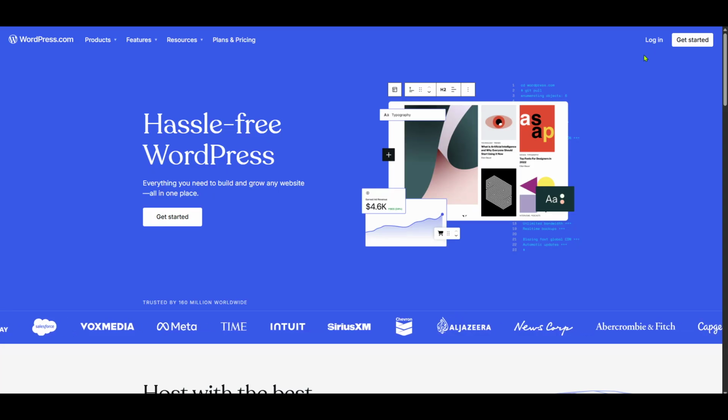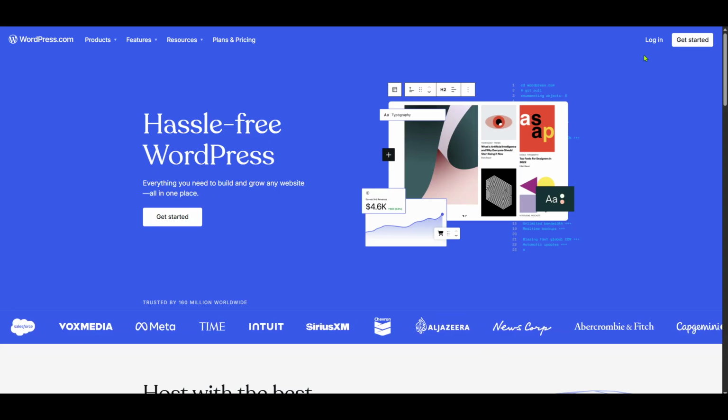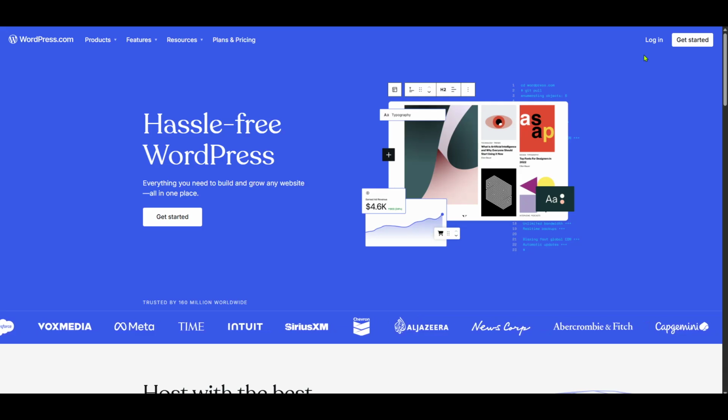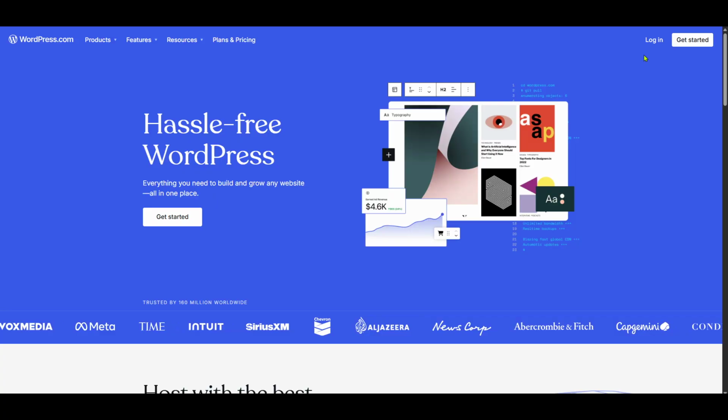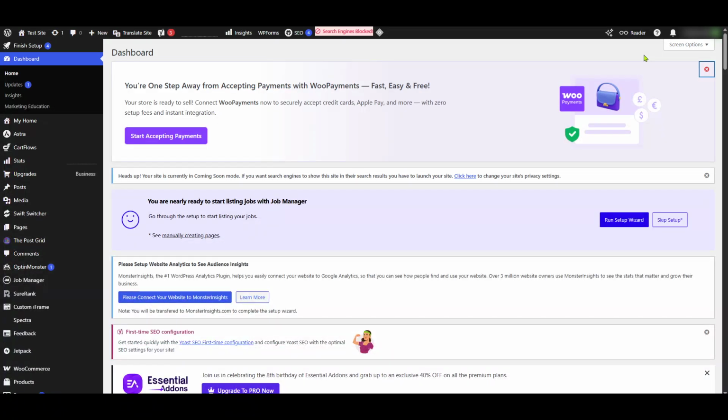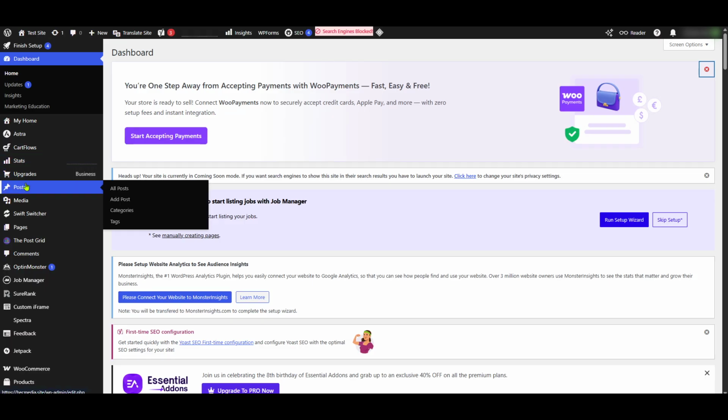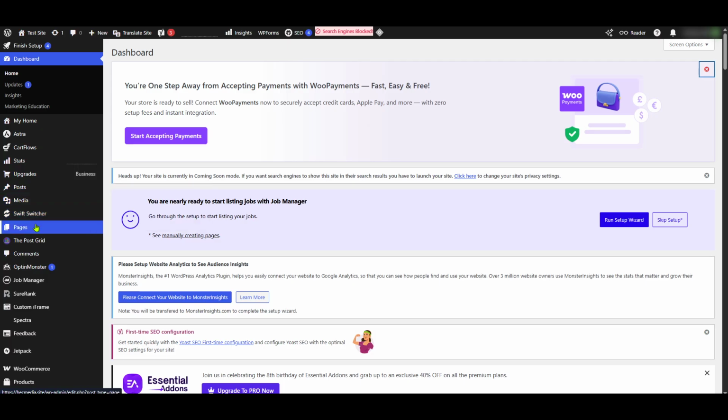Now that you are in the WordPress dashboard, the real fun begins. For this tutorial, you'll want to focus on either posts or pages depending on where you wish to use columns. Click on either posts or pages based on what suits your needs for this specific project. The choice really depends on where you want your columns to appear: a new page or a post that you're